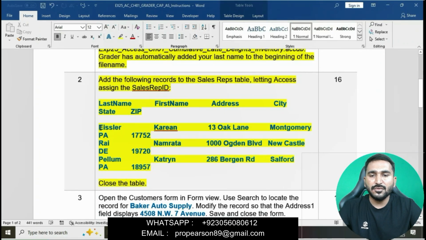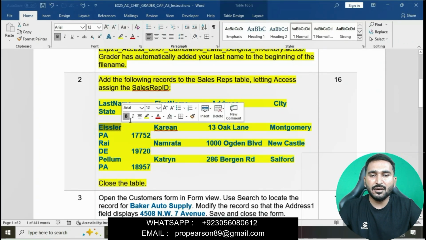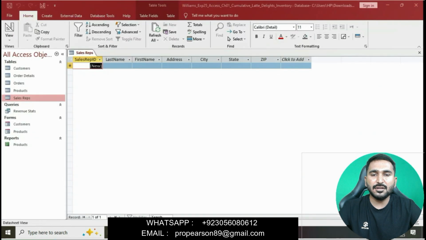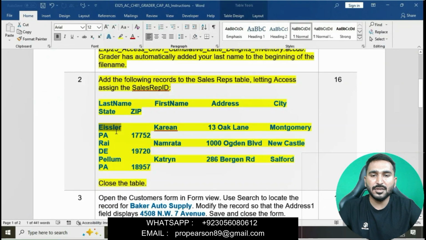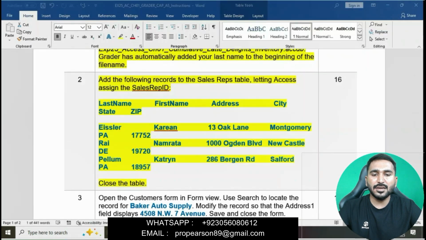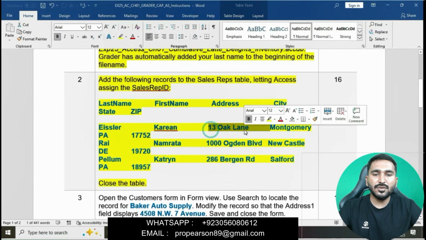The first record: in the last name column, we will enter the first last name. In the first name column, enter Karen. The address is 13 Oak Lane.